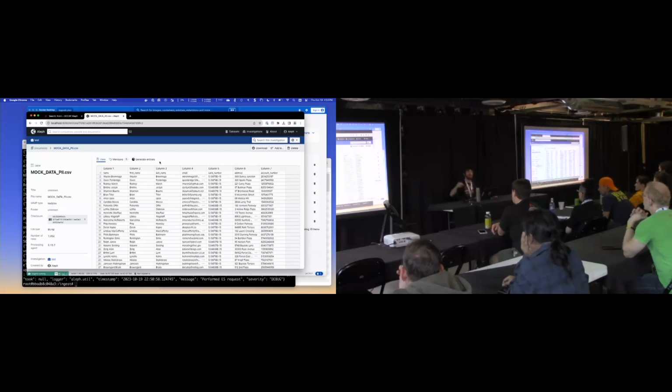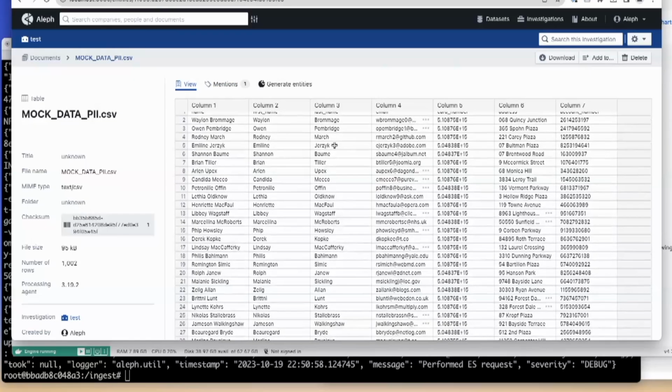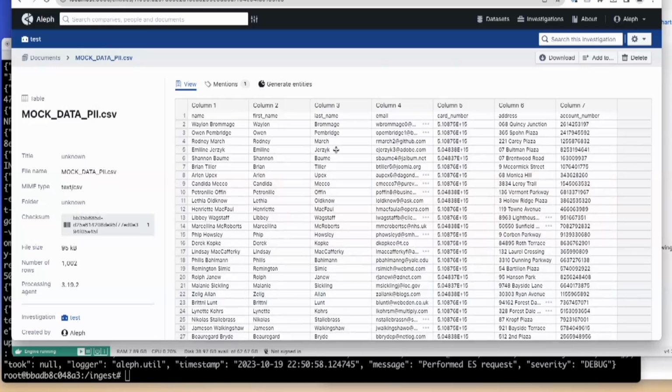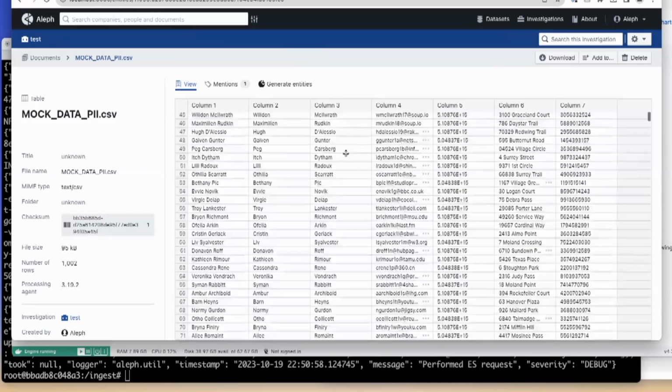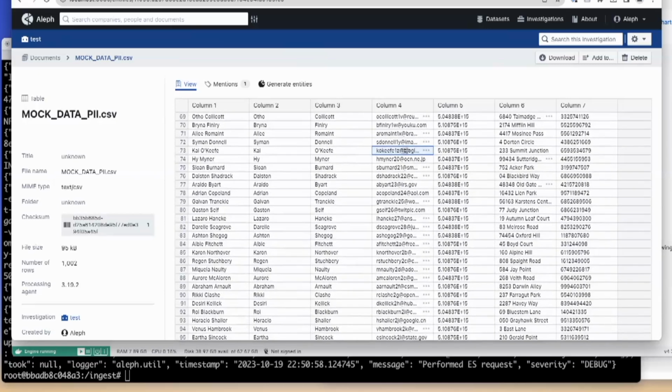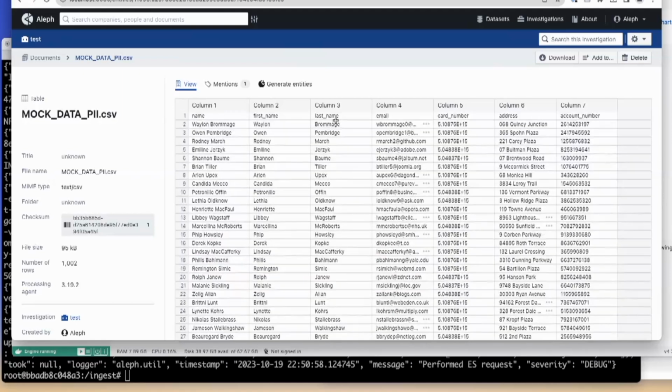The only one that's supported natively is the Google Translate API, which is expensive. So if you have a key or you use that, you would be able to just plug it in and have it go. Otherwise, you'd have to build your own post processor. So this is an example of mock PII. This is like a fake CSV that I generated, but you can see you can search through these CSV files in the web interface. You can copy, paste, all that good stuff.